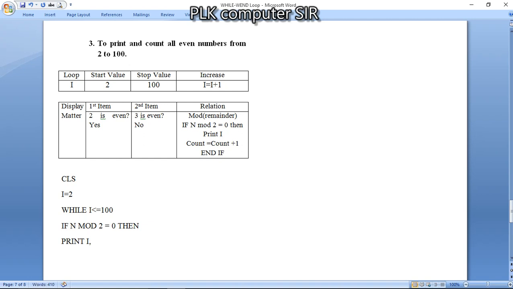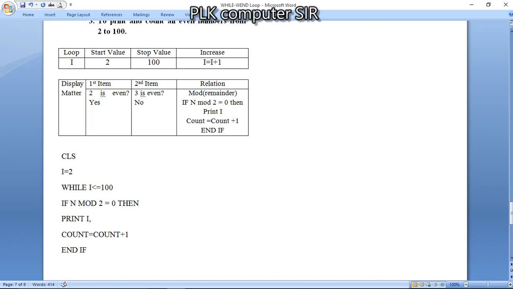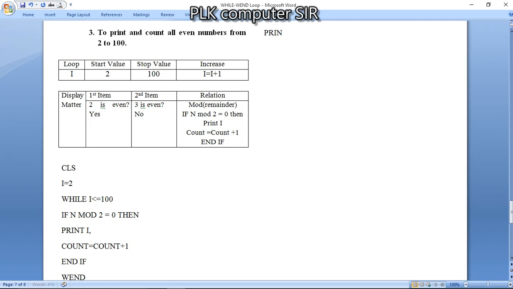I will use the comma. Then we have to increase the count by 1. Closing the if condition. After that, closing the while loop. After loop completion we have to print the result also.